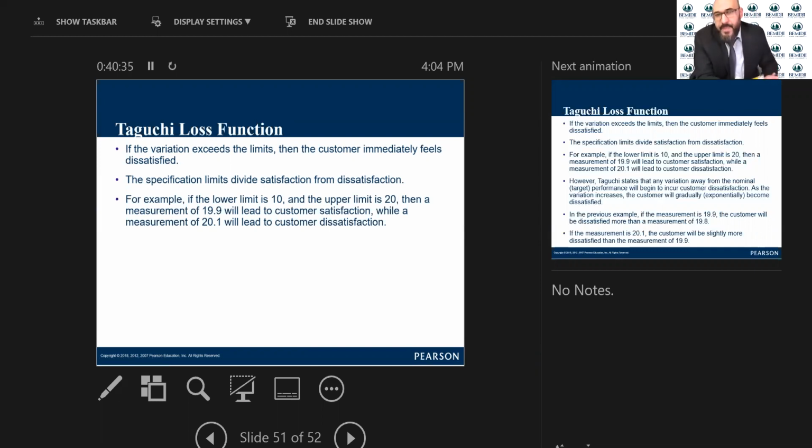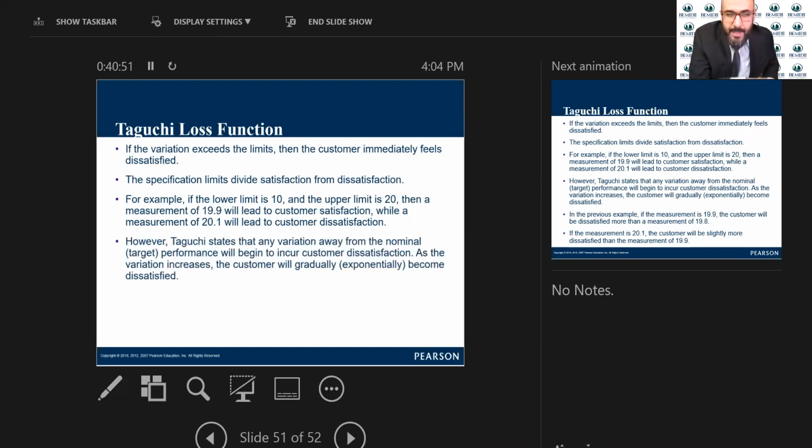For example, if the lower limit is 10 and the upper limit is 20, then a measurement of 19.9 will lead to customer satisfaction, while 20.1 will lead to customer dissatisfaction. Again, this is the old theory. The old theory says as long as you are within the control limits, the customer will be happy and